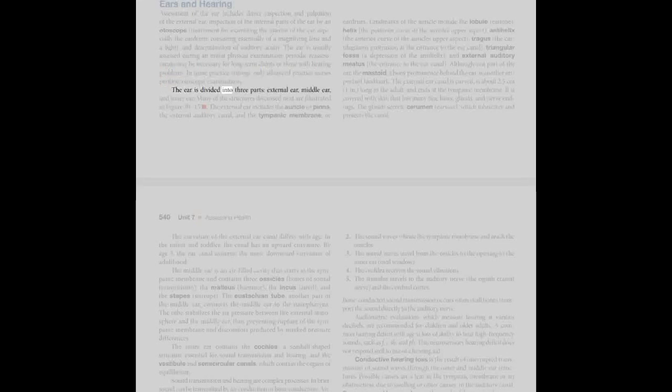The ear is divided into three parts: external ear, middle ear, and inner ear. Many of the structures discussed next are illustrated in Figure 30-15. The external ear includes the auricle or pinna, the external auditory canal, and the tympanic membrane, or